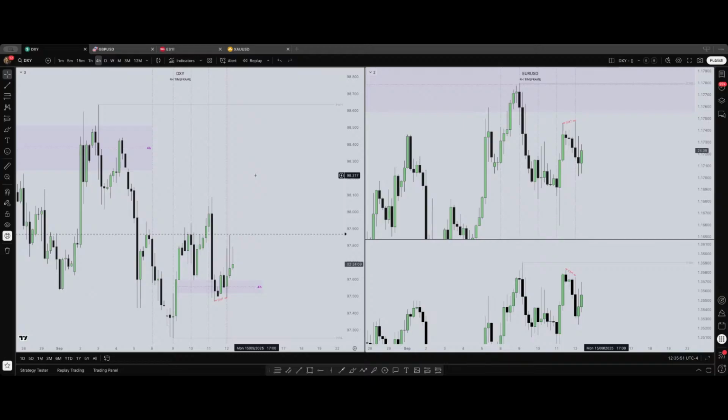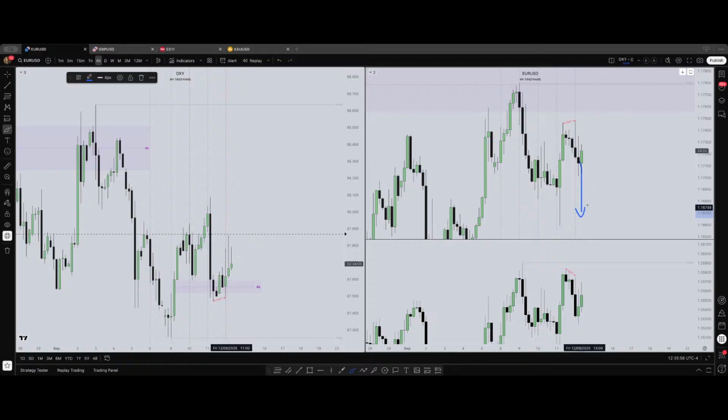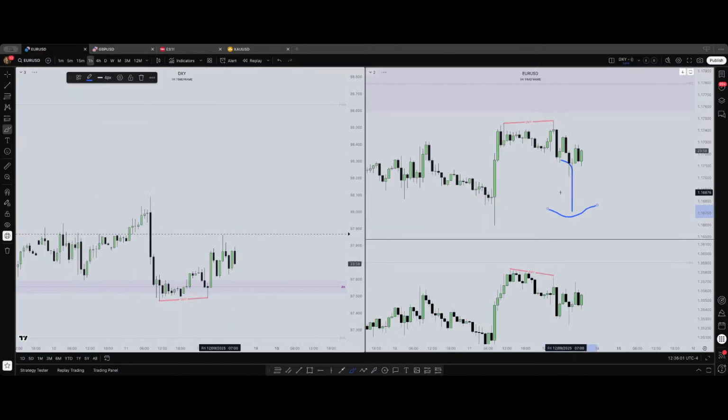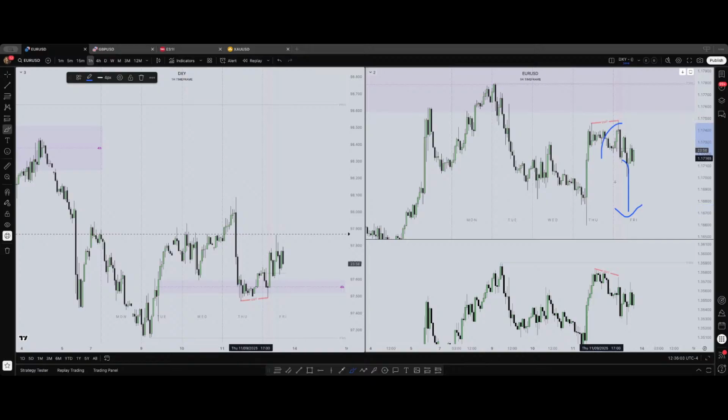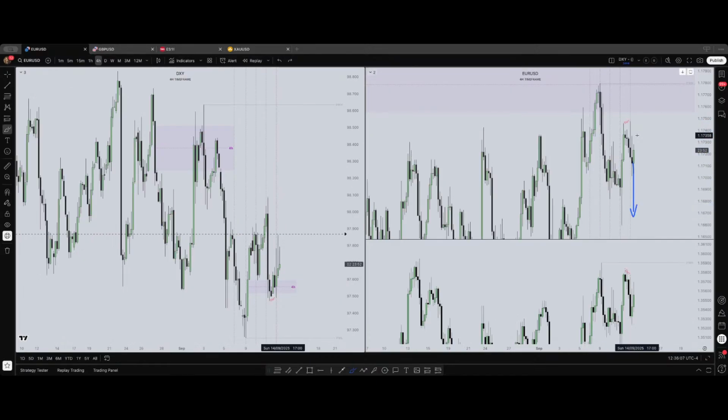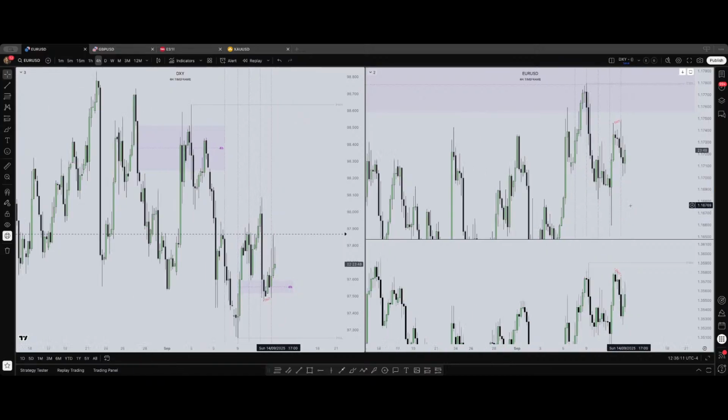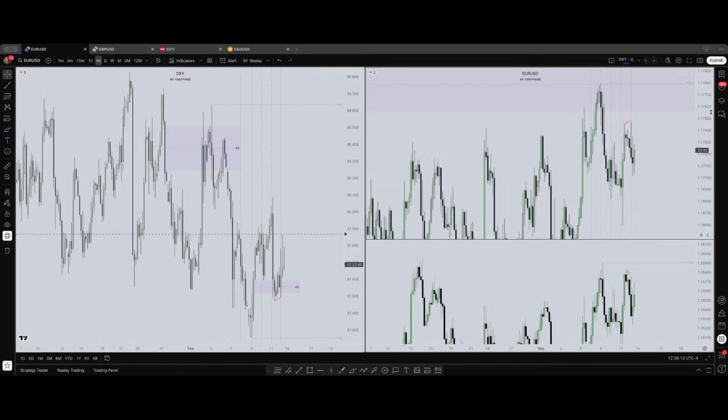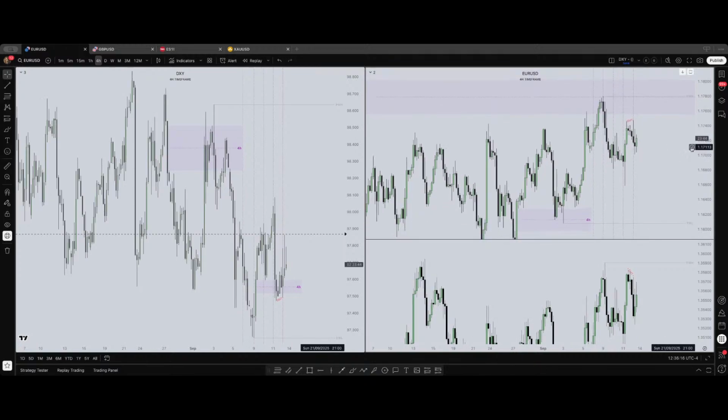Difficult day. I was expecting some more movement in Euro USD, but price is just fooling around. That's quite annoying, to be honest. Un poco molesto. Pero bueno, es así.